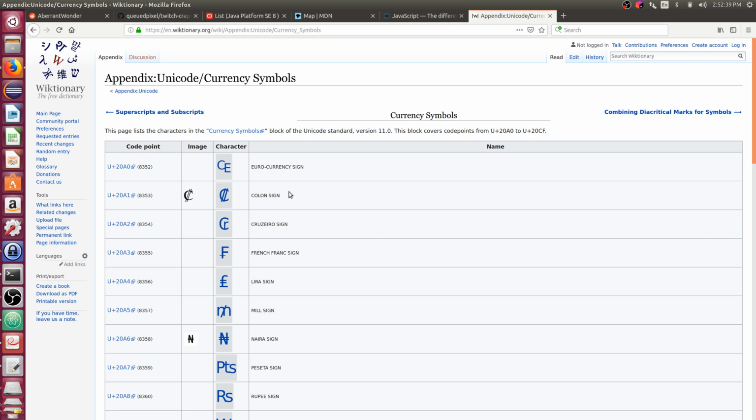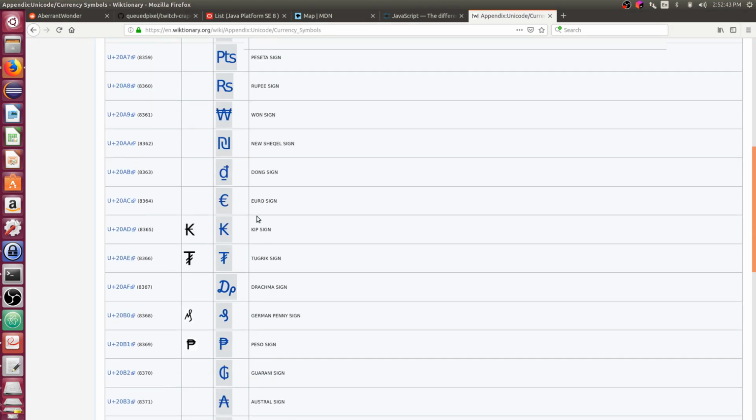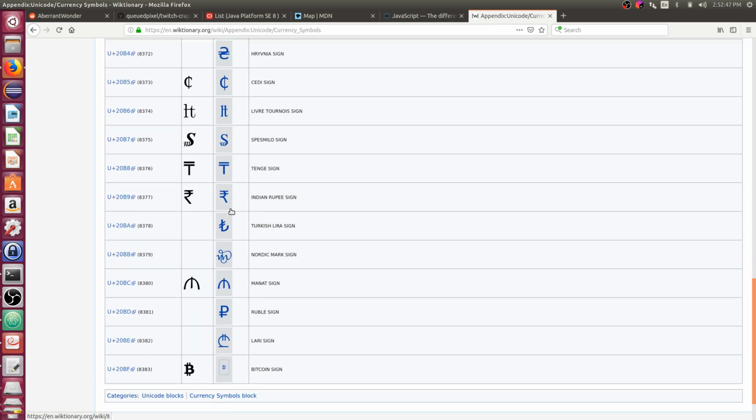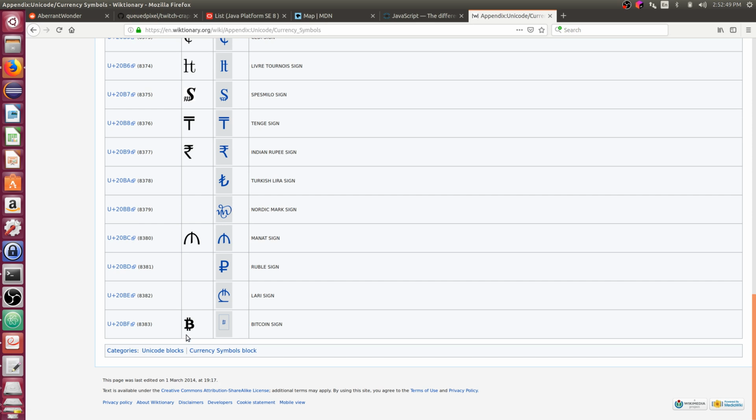There's the euro currency, colon sign, peso, Bitcoin.